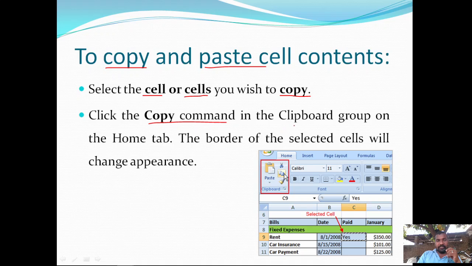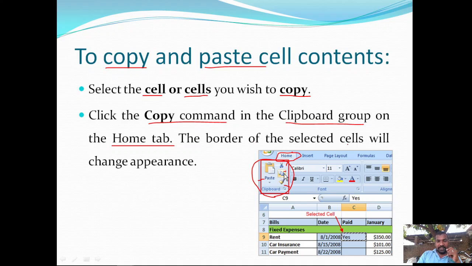It is directly available in the clipboard group on the Home tab. Under the Home tab, the first one is the clipboard group. In the clipboard group we have the copy option, this is the cut option, this is the format painter command, and this is the paste command. So click the copy command in the clipboard.